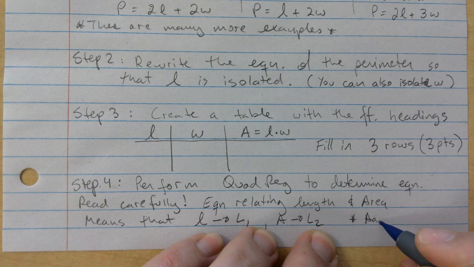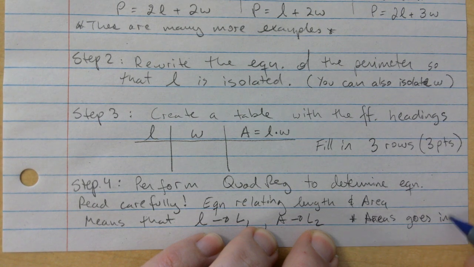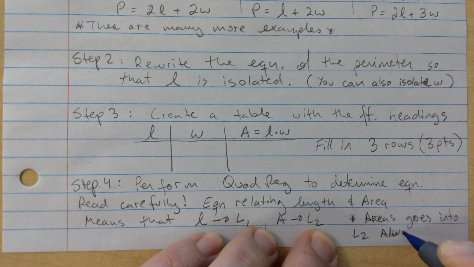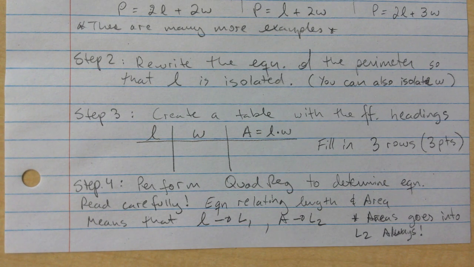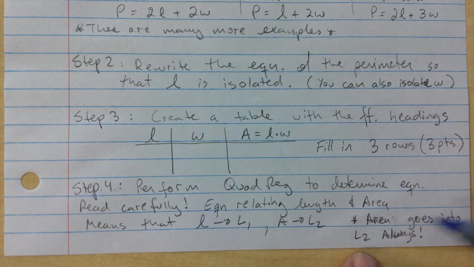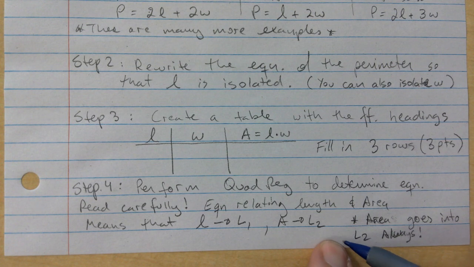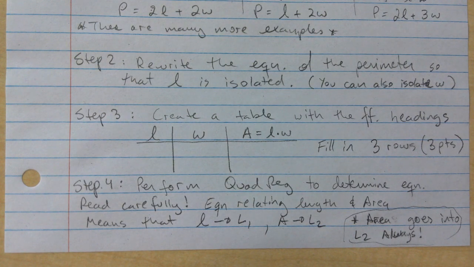Area goes into L2 always. Right? Area, that should be area, not areas. Area goes into L2 always. It's just like profit, right? You want area in L2 to make sure you get a quadratic. If you don't get a quadratic,